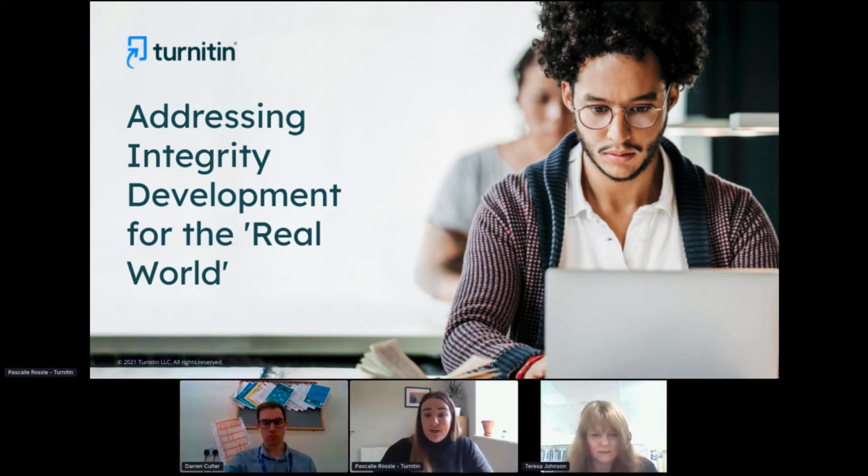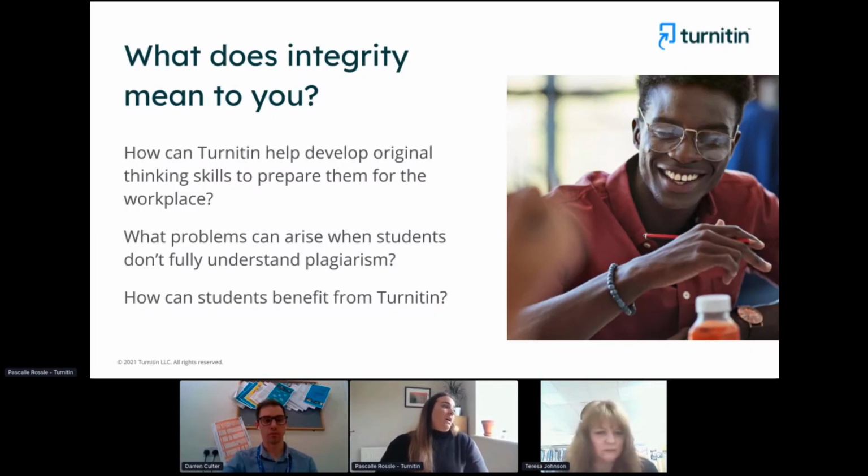But what I really wanted to start with was giving you an overview of what you're going to get out of the session today. So we want to have a look at how Turnitin can help develop original thinking skills, and how this prepares students for the workplace. So looking at skills gaps and what problems can occur when students don't necessarily have a full understanding of plagiarism. What does this face them with in terms of preparing for further education or in the workplace itself? And also we want to get some user insights into how students have benefited from having Turnitin embedded in